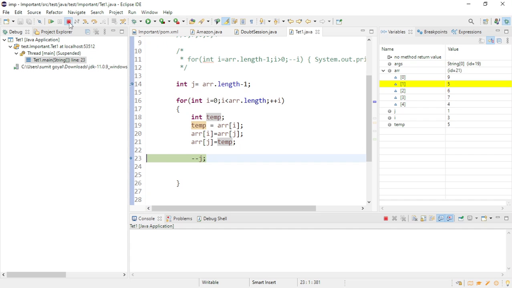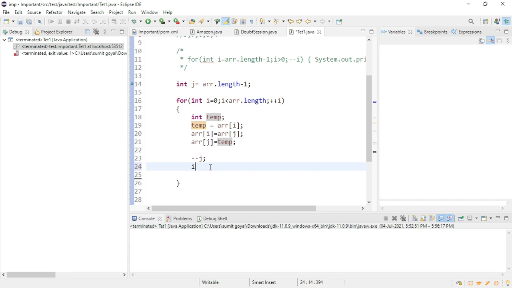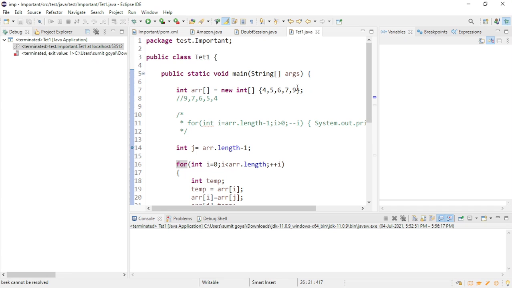So basically once our task is done, I will write one condition here, if I equals to j, because j value will keep on decrementing and I value will keep on incrementing. If both of these are equal, or you can say I value should be greater than equals to j, then we do not need to run the loop. So I will say break. Immediately we will stop at this point. If I put break, then it will not run for next iteration. Even if I give some other numbers, 3, 4, 5, 6, 7, 8, 9.